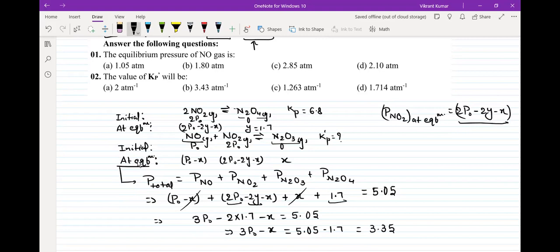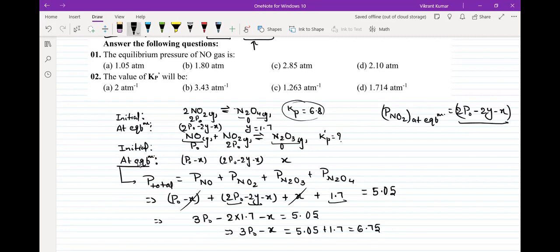Is it okay? Now the second equation, sorry, will be coming as plus from here, 1.7, no? It's plus 1.7, no? This is net minus 2Y. So yes, sorry. So this is 6.75. Okay. So this is